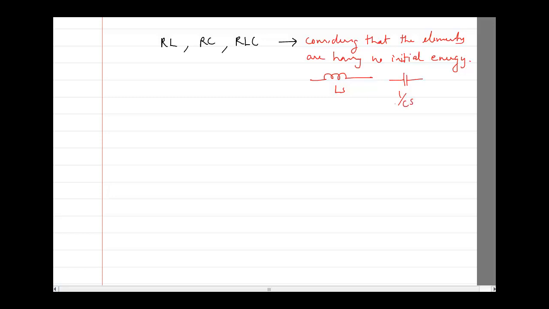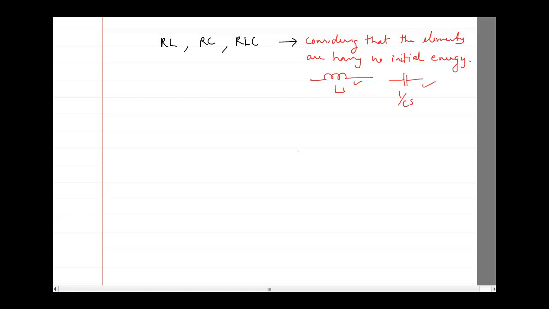Okay, in next session we will try to concentrate on those problems wherein you are having the switch, everything is there, but there is some initial charge stored in either the inductor or the capacitor. And what will happen in that case is basically the transient analysis, and that is little bit difficult than the other portions of this module, and of course it is very much asked in the final examination. Okay, so we will stop here.